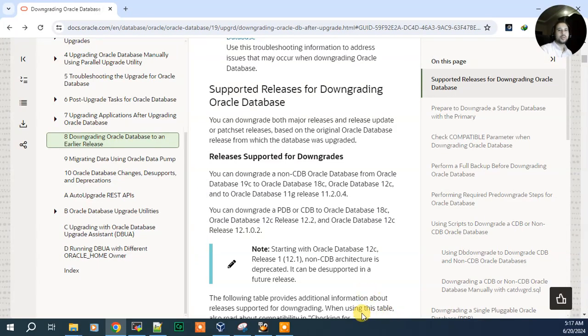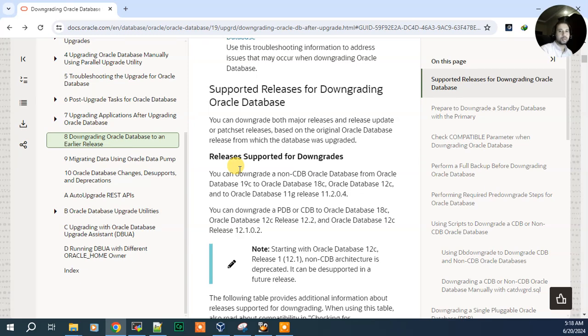Hello everyone. In this video, we are going to simulate and perform a very important task regarding the Oracle downgrade, as a rollback of a failed upgrade for any reason that leads you to decide to downgrade your database. Here in my example, I'm going to downgrade from 19 to 12.2, the original upgraded version, where I have both